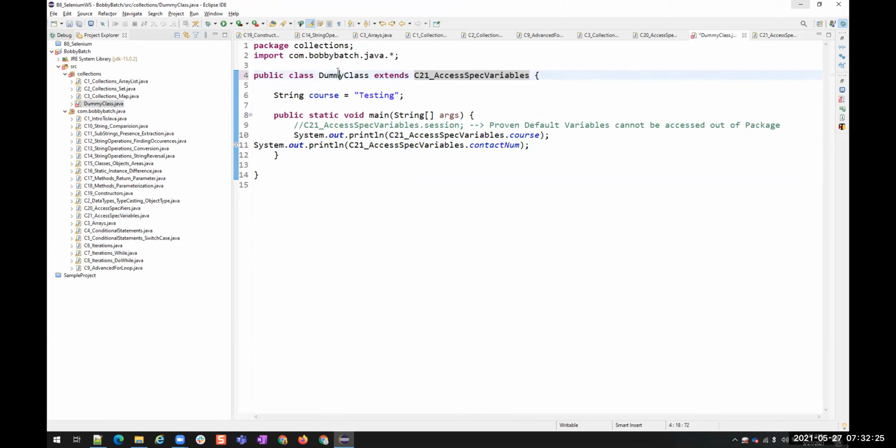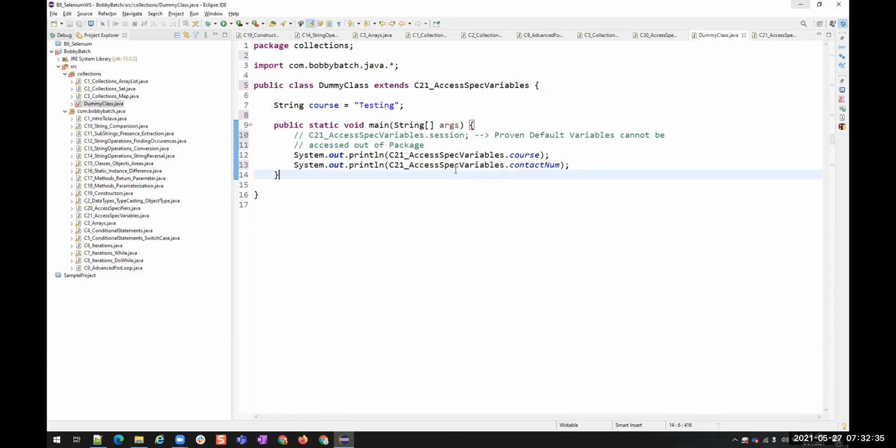Because we are creating a relationship between the dummy class and C21. This means that the dummy class is a child class of C21. So we are having a relation. Like I said, this is an example of your mobile phone. It is not a public phone. It is a protected mobile phone. You, your spouse, or your children can use your mobile phone. So this is a child class. The dummy class is a child class of C21. So this child is accessing the variables of this. When it is protected, it is restricted; public is anybody can use. That is why course is public, so anybody can use it.